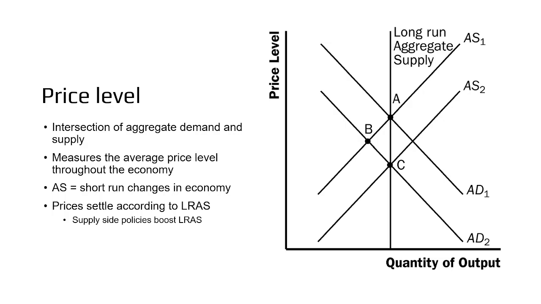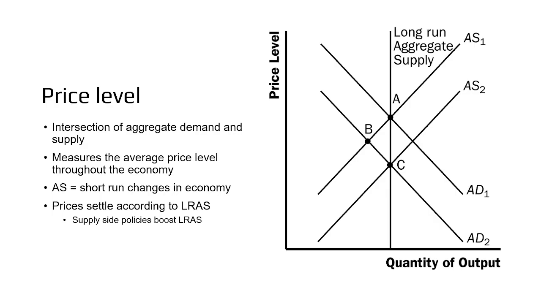Generally speaking, prices always settle in an economy according to the long-run aggregate supply. That can be both a good thing and a bad thing. If there is a short-term increase in supply, over time prices will increase back to the median, or if there is a short-term drop in supply, prices will decrease back to